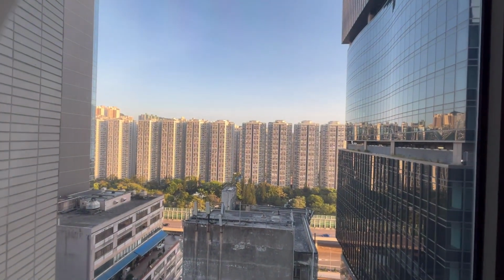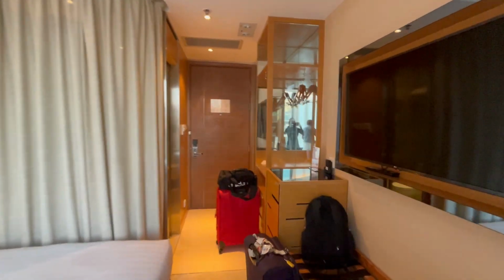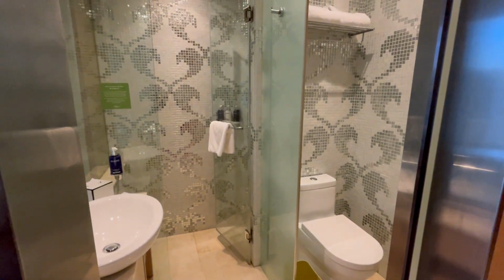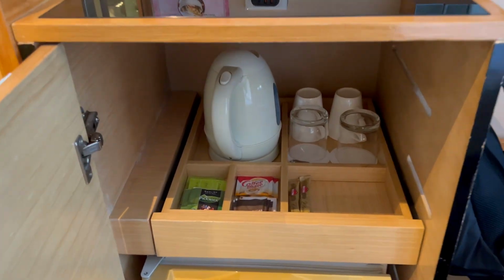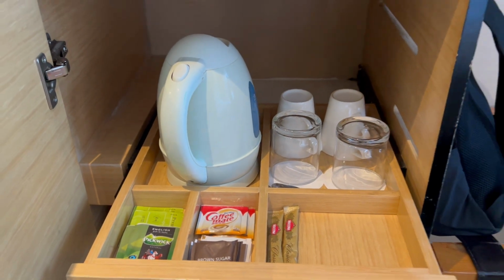and a view of high rises. So this is the walkway and toilet, pretty basic. Okay, and then you have your coffee, tea, kettle, cups, but Hong Kong government has got